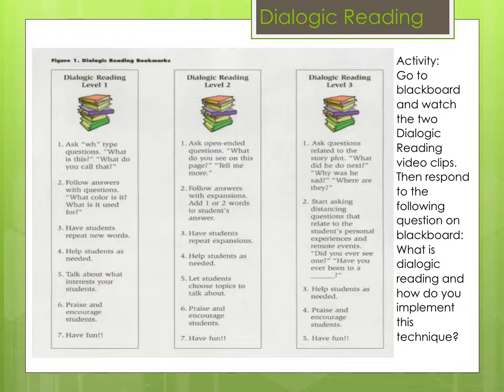The important things to remember as you put into practice dialogic reading with a child is to focus on 3 things. 1, keeping it fun. 2, praising the child for what they know. And 3, repetition. You should be reading one book many times and using these practices rather than reading many, many different books and doing the levels only once. So those are 3 things important to this practice.